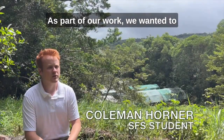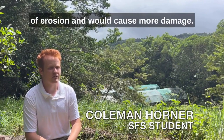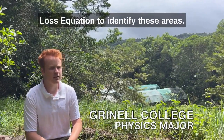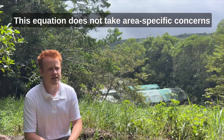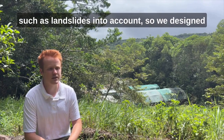As part of our work, we wanted to identify slopes that were at a higher risk of erosion and would cause more damage. Initially, we used the revised universal soil loss equation to identify these areas. The generated map shows the annual soil loss of an area, with darker blue indicating more soil loss. This equation does not take area-specific concerns, such as landslides, into account, so we designed a system that would account